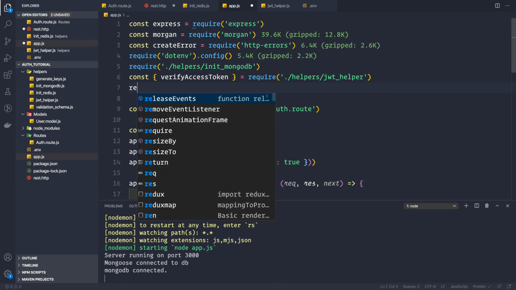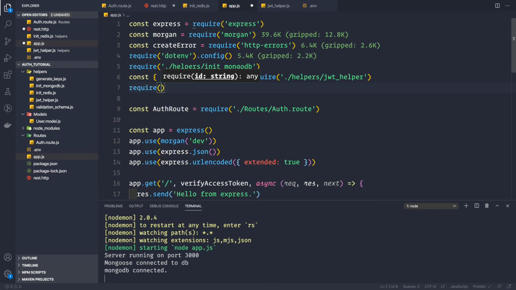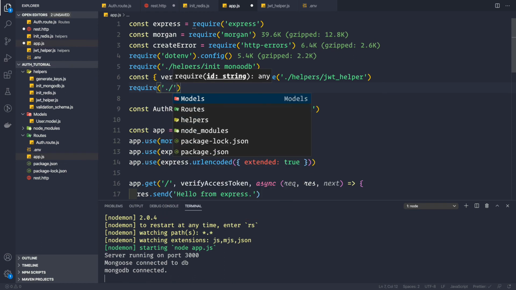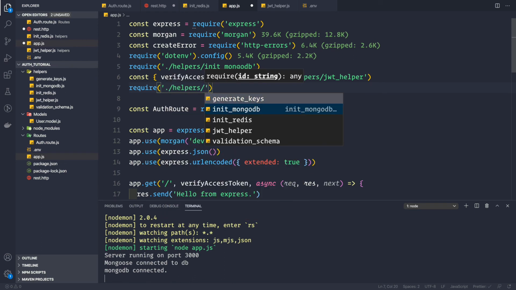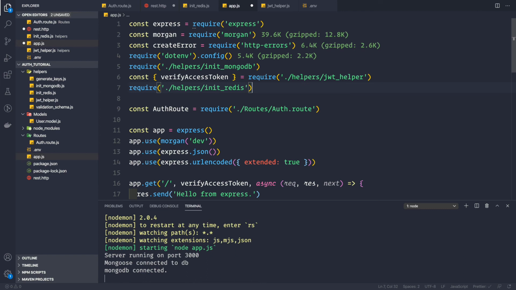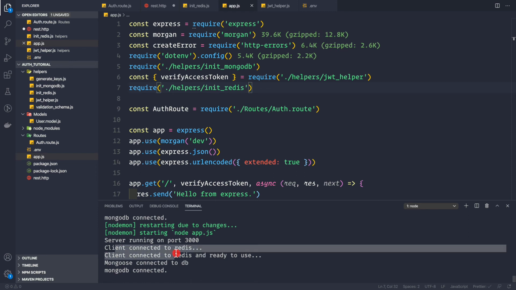So we can say require, and the file we need to require is the init_redis file here, like this. So let's save this, and now we see that client is connected to Redis, and then after the connection happens, we see that the client is connected to Redis and ready to use.